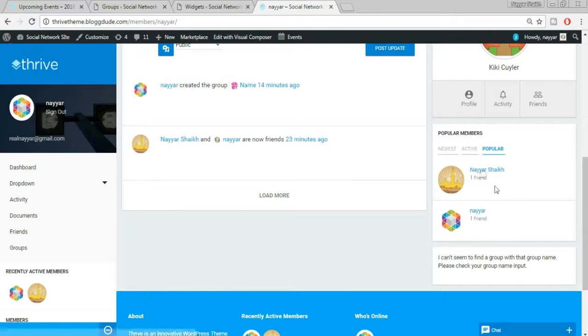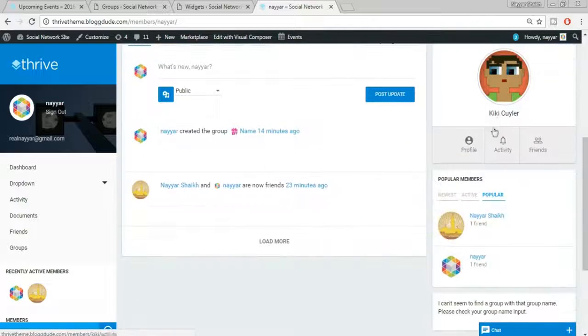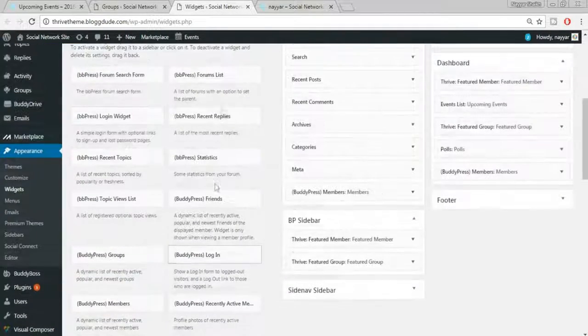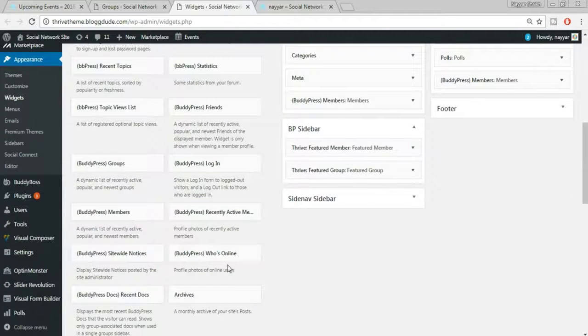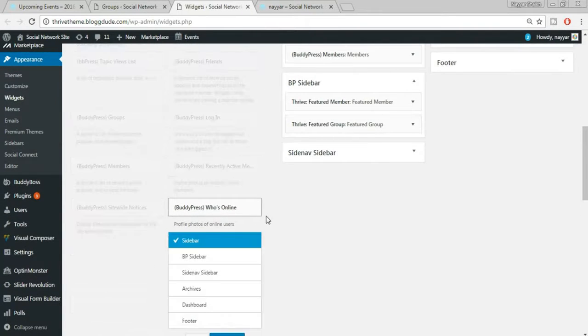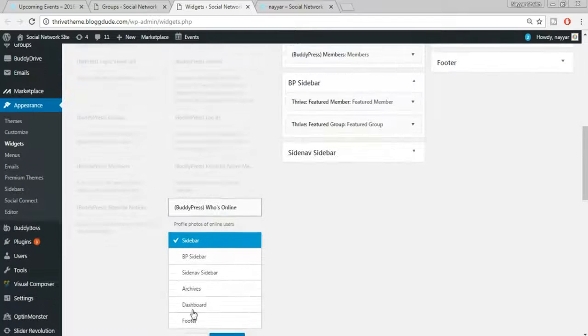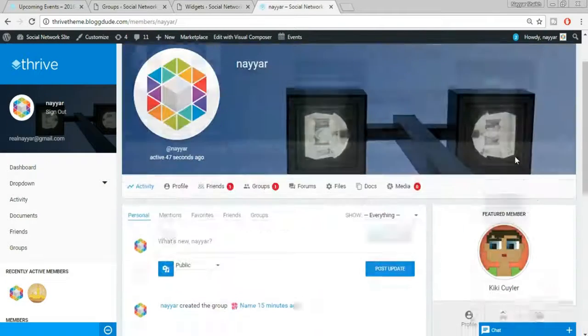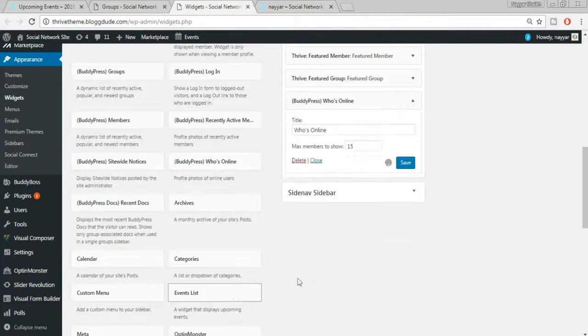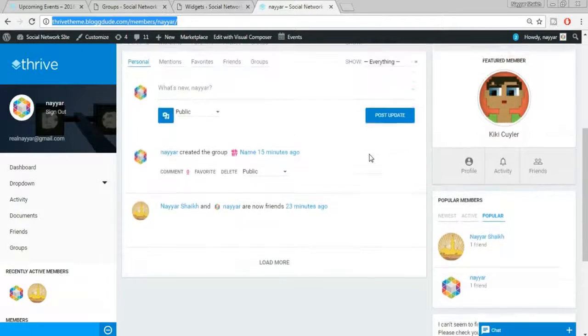Now we can also add some different widget over here. We have tons of widgets over here. You can select anything from here. We have members, who's online. So let's select this thing, who's online, and in this you have to select BP sidebar, because we are adding this widget in the WordPress sidebar that is over here. So click on add widget, and maximum number to show is 15. Click on save. You can change the number obviously. Now click over here, come back